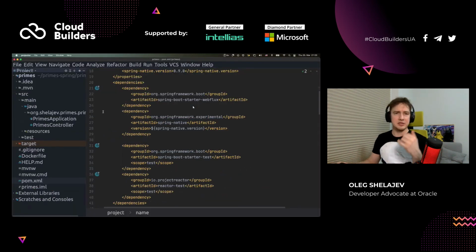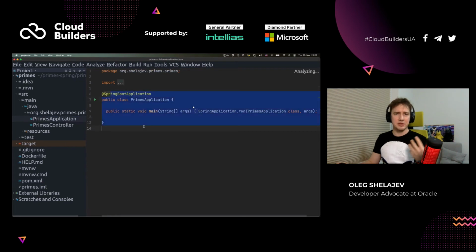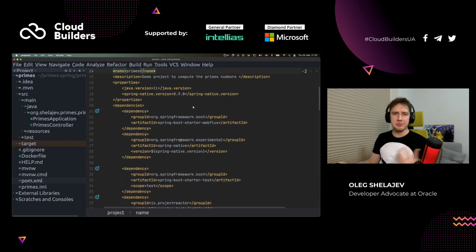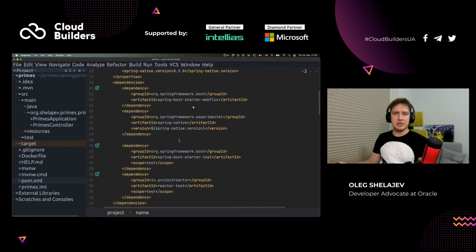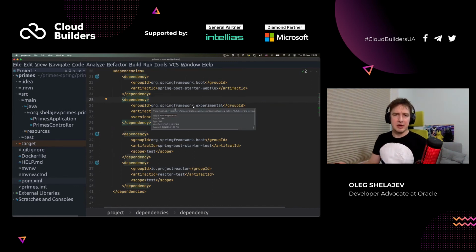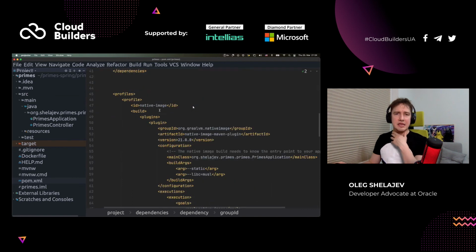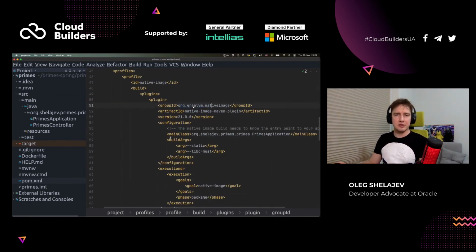To be honest, this is using a recent project called Spring Native. So you can see that it's a normal Spring application using a normal Spring controller, and the whole magic is there in the POM XML. So it uses the Spring Native project, which you can enable from start.spring.io, currently in beta, and stuff like that, right? And it uses the native image plugin by the GraalVM team to create things,